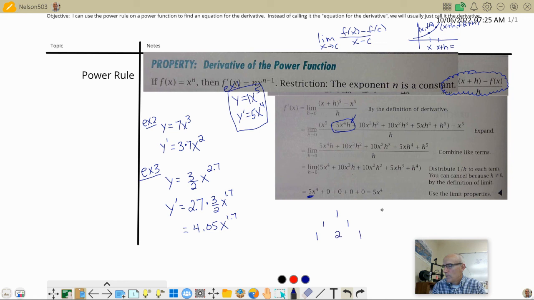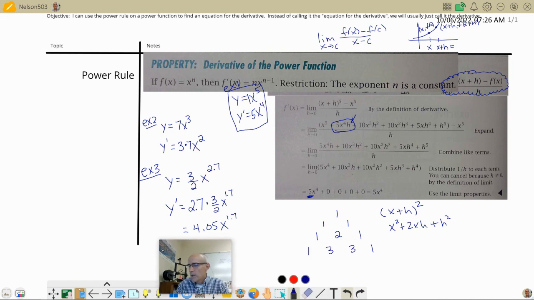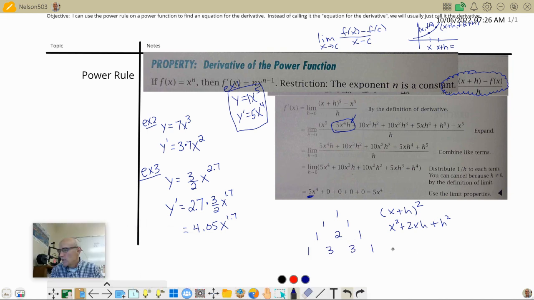So if I had a binomial like x plus h and I was going to square that, it squares to x squared plus 2xh plus h squared. So these are the coefficients that go in front of x squared, x times h, and h squared. So on the next line down, 1, 3, 3, 1. So if I add the 1 and 2 together, that's where the 3 comes from. So if I was going to expand x plus h cubed,